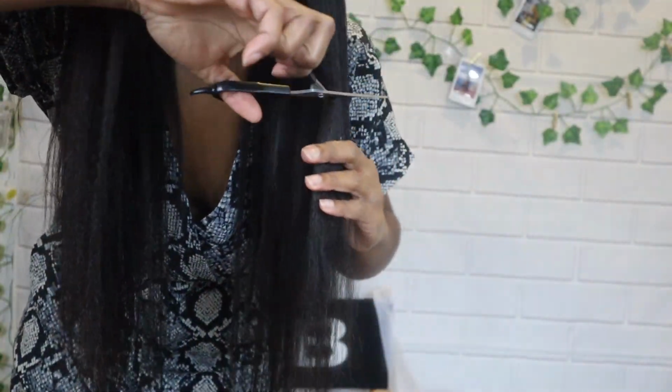I did add a couple layers in the front to frame my face, and I think that definitely enhanced it